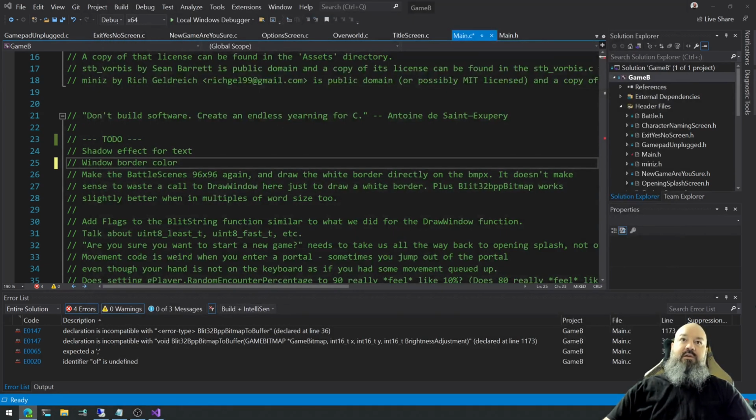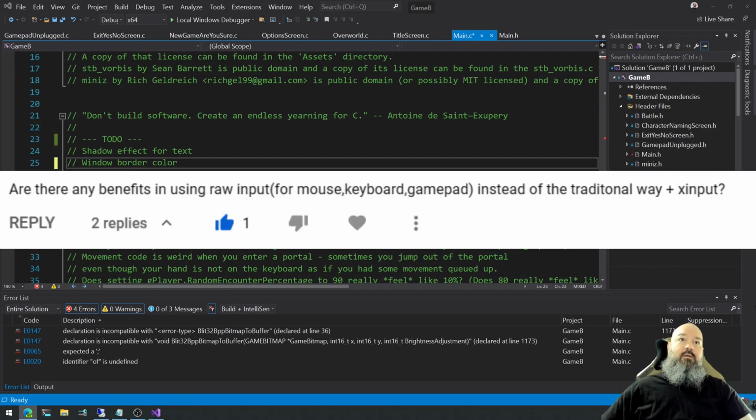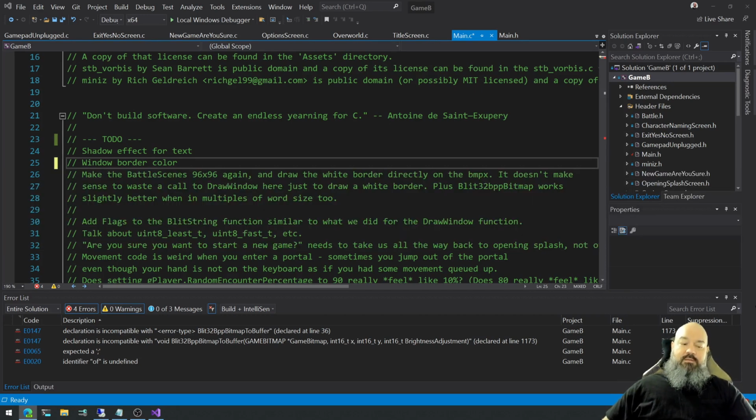Let me also check for any comments on my videos that may have come in. Okay, one viewer asks, are there any benefits in using raw input for mouse, keyboard, gamepad instead of the traditional way plus XInput? So as you know,